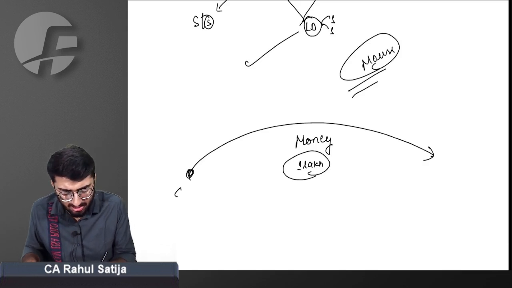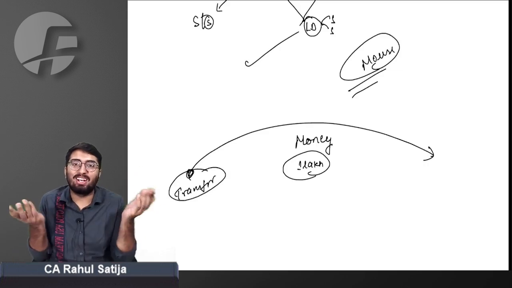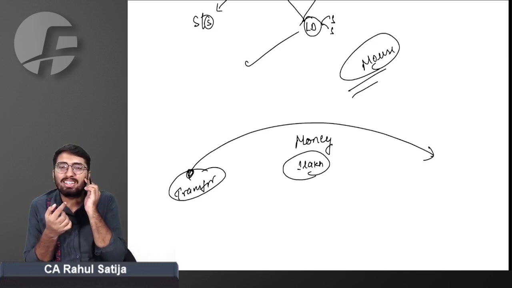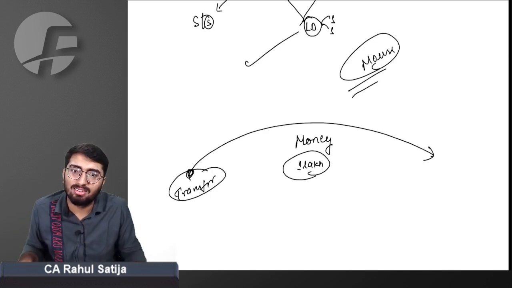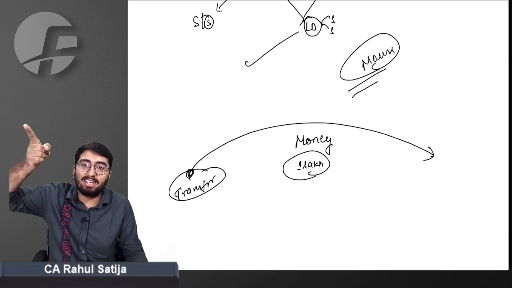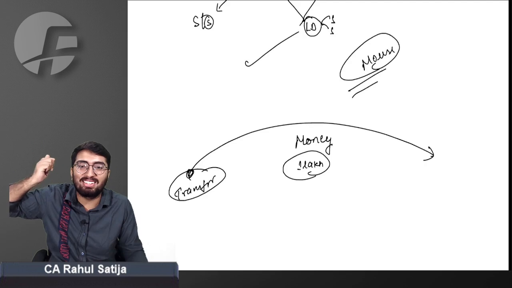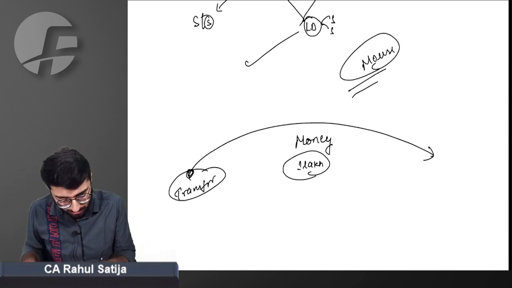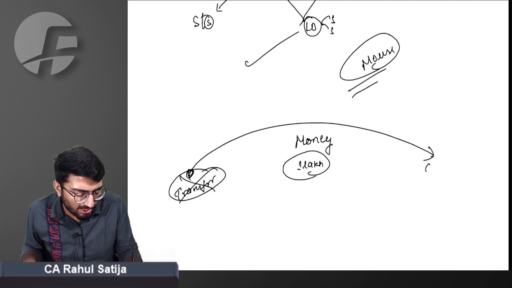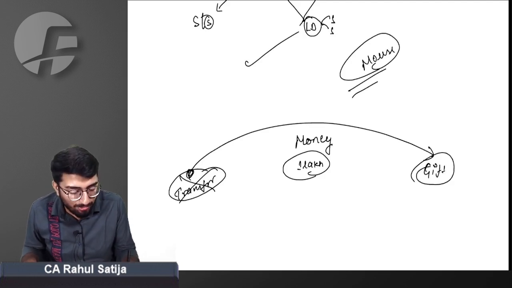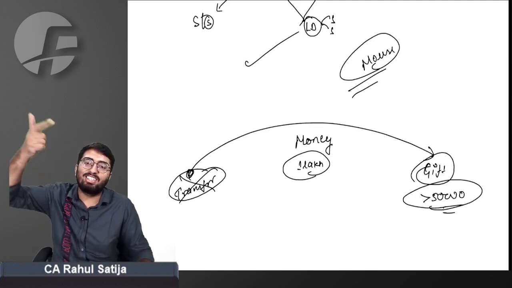Can I say there is transfer on my account? Sir, money is not a capital asset. Every asset is a capital asset, but movable personal assets are not capital assets. Money is movable, so it is not a capital asset. But whenever Shraddha receives such money, it will be treated as a gift in her hands. If money received by Shraddha in aggregate for a financial year is greater than 50,000, it will be taxable.